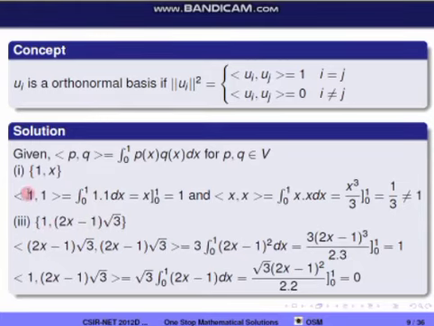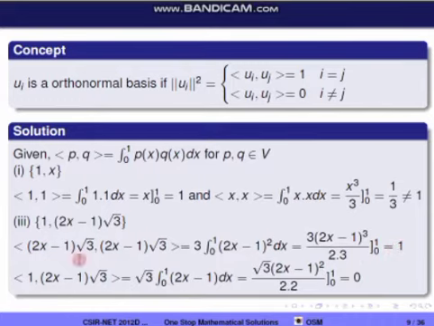For 1 I already checked here, so I am not writing it again. So we'll check it for the second vector. So now we'll check the inner product with itself. Inner product of (2x minus 1) root 3 with (2x minus 1) root 3 is equal to the integral from 0 to 1 of ((2x minus 1) root 3) whole square, that is equal to 3 into integral 0 to 1 of (2x minus 1) whole square dx. So the integral of (2x minus 1) whole square is equal to (2x minus 1) whole cube divided by 2 into 3. Already here 3 comes, so I am writing that also. So when we apply the limits and simplify, we are getting the value 1.